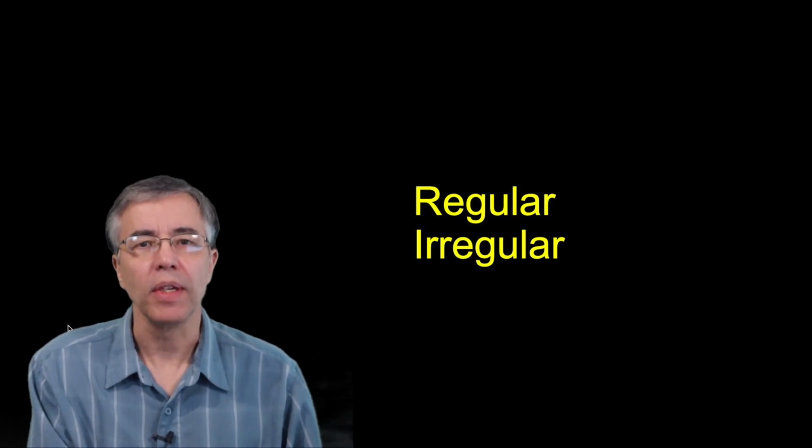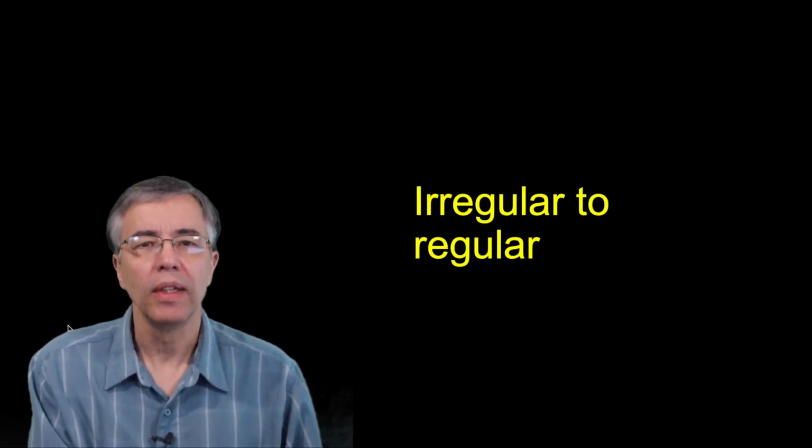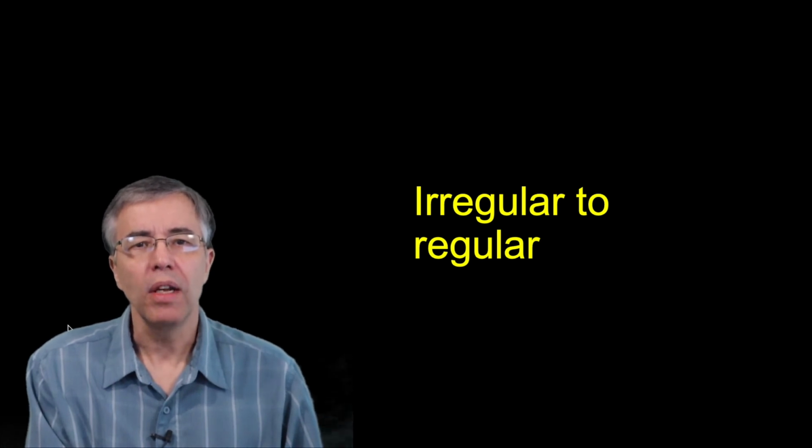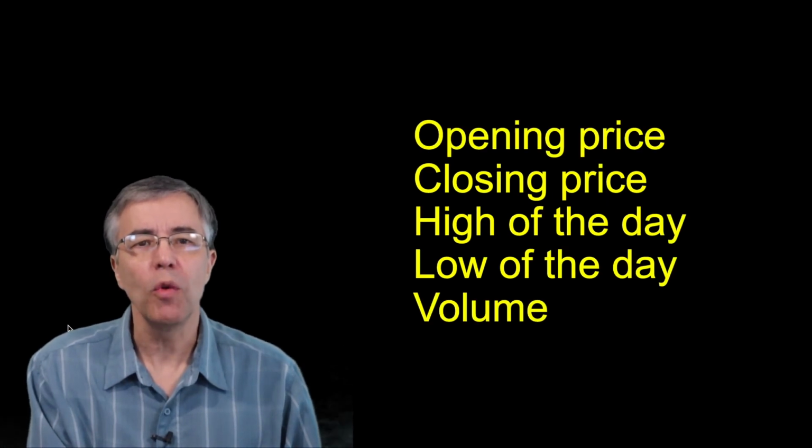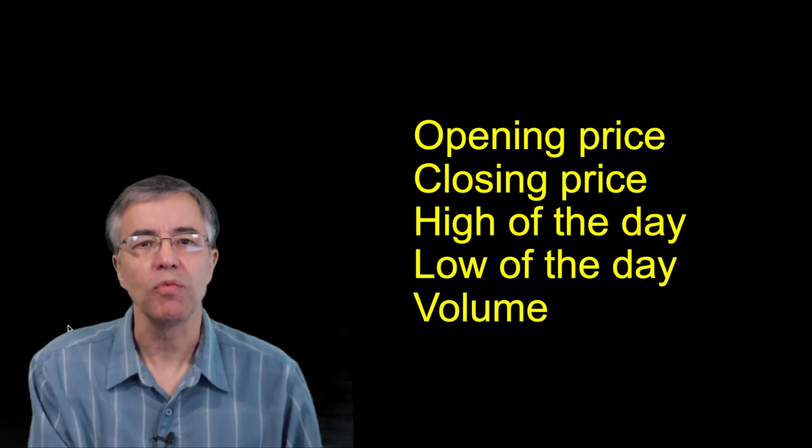An irregular time series could be converted into a regular one. Let's take a well-known example, stock price. The price of stock changes irregularly throughout the day. We can convert this to a daily time series that will include an opening price, a closing price, high and low of the day, volume, and so on. This way, we have a regular time series and still have a lot of information on what occurred during the day. This can be seen as removing the distractions of a fluctuation throughout the day to be able to do better analysis and modeling. A time series may have one variable and is then called univariate.